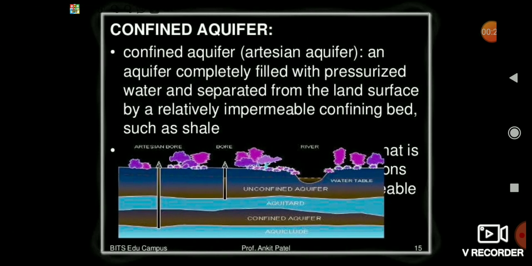And friends, one more term I will show you here, that is T. Here T is the transmissibility, and transmissibility is the product of hydraulic conductivity of the aquifer and the thickness of the aquifer. So here T is K into B. But friends, you see here in case of unconfined aquifer,